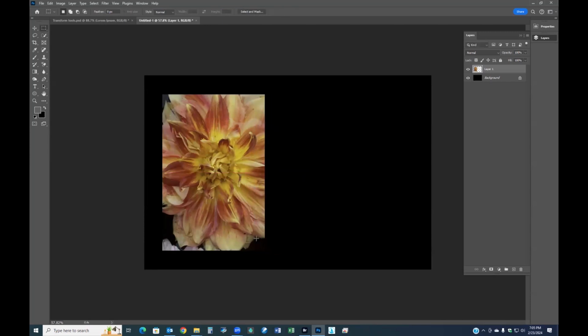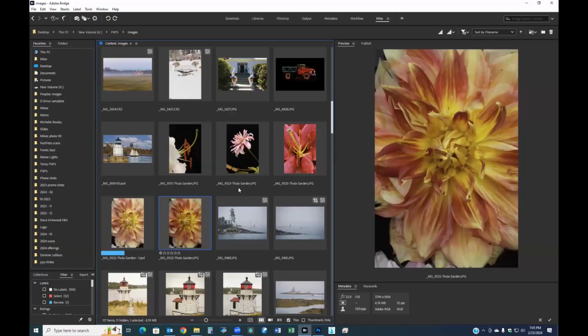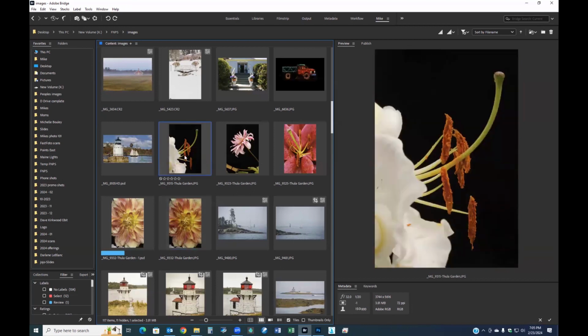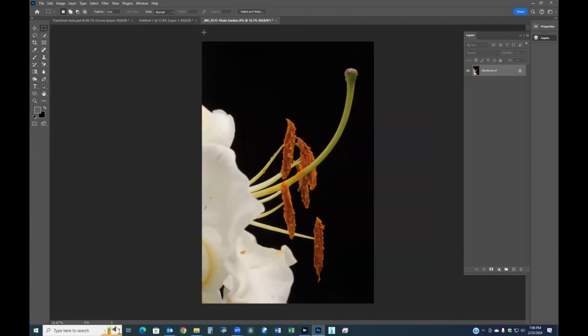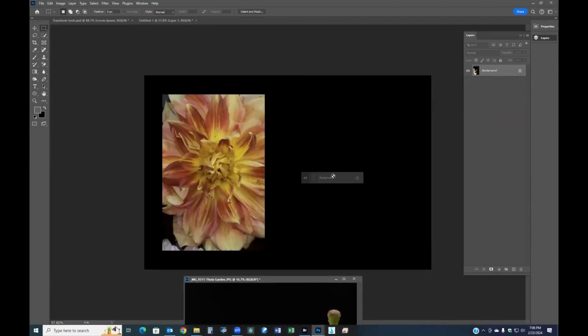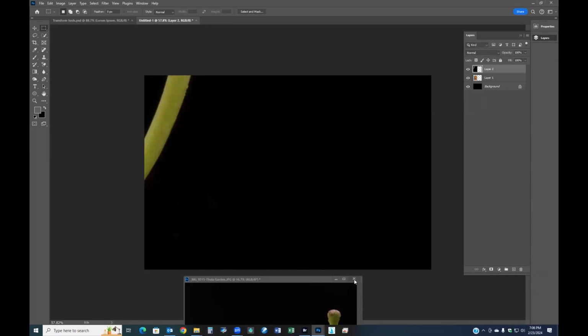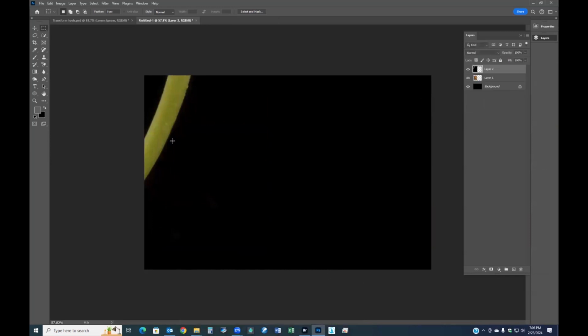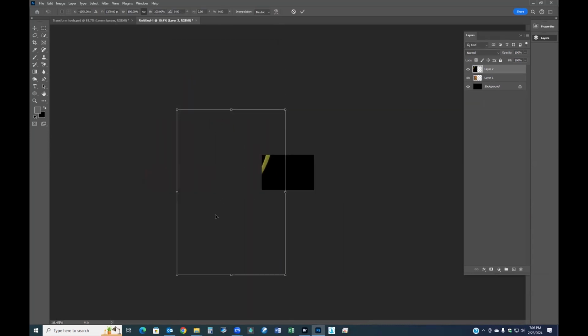It's 4 by 6. Let's put another one up here. So if I take and choose this flower again, let's say, and I'll open this, and I'd like to put this right next to that other one. So I'll just undock this. We know how to do that through layers. I'll throw this over here. We can close this. Now, if I simply right click and say free transform, if I zoom out using the